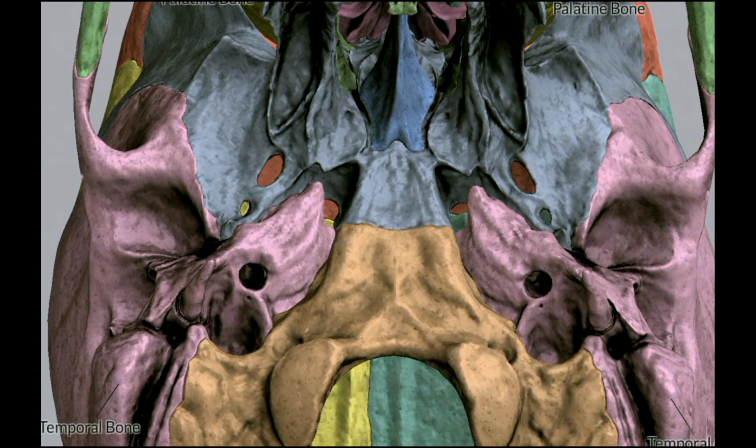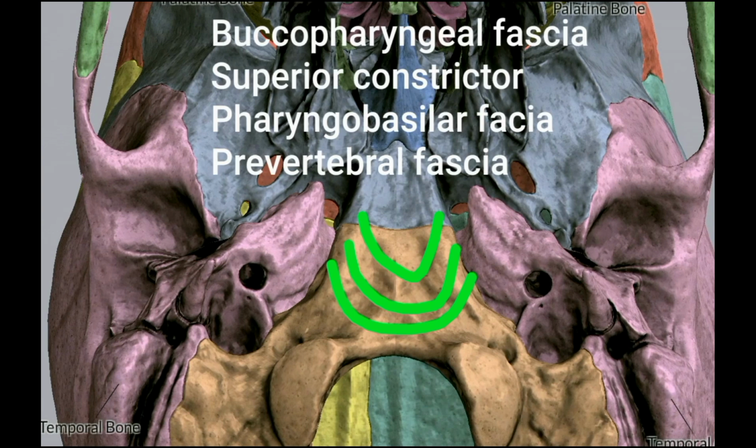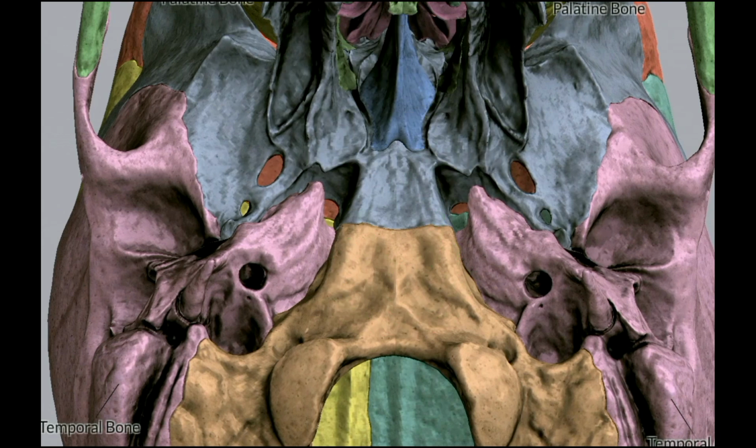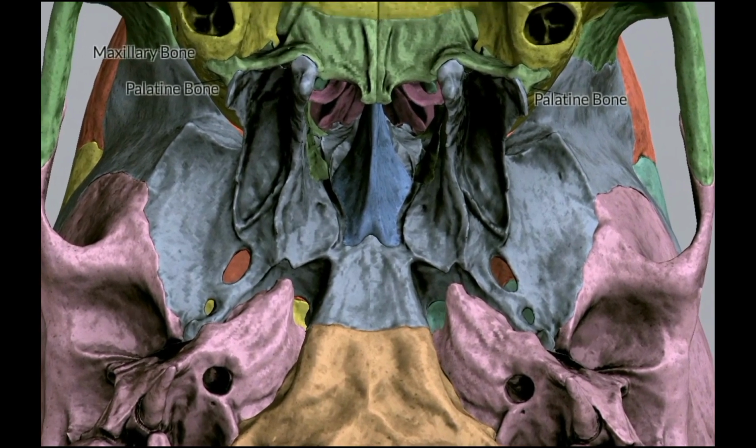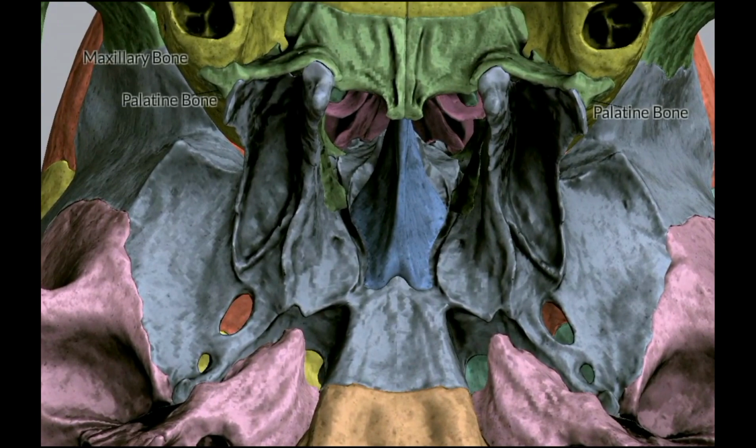This sloping roof of the nasopharynx, or outside surface of the clivus, gives attachment to the different layers, different fascia. It gives attachment to the buccopharyngeal fascia and the superior constrictor muscle, prevertebral fascia, pharyngobasilar fascia. They all are attached here, that you will see from outside to inside. You will see prevertebral, buccopharyngeal, superior constrictor, and pharyngobasilar fascia attached here, and this sloping surface forms the roof of the nasopharynx. That you should remember, it forms the roof of the pharynx, particularly the roof of the nasopharynx.